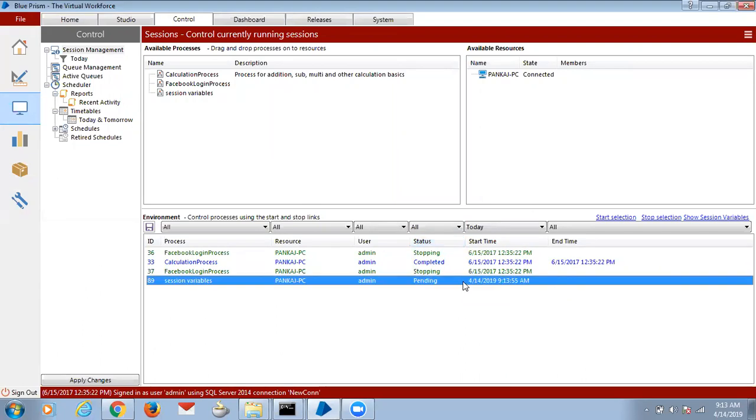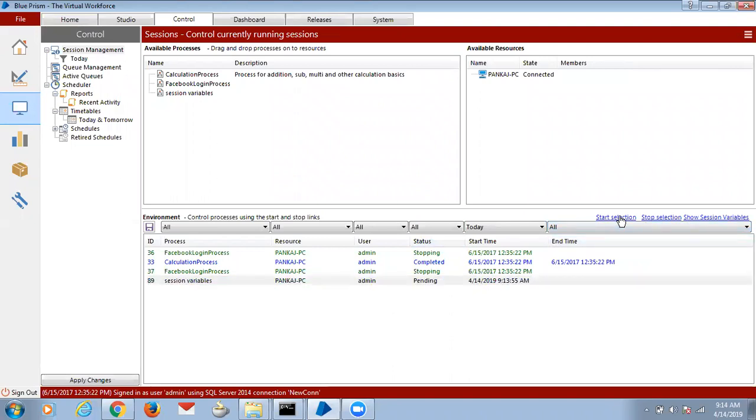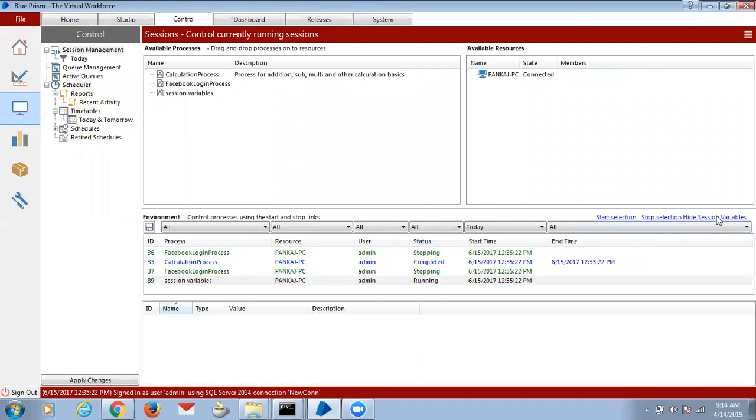Let's just drag and drop on the resource. Now see, I'm running this process. And then you can click on the session variables. See, counter equal to 1. So it waits for 2 seconds and then 2.